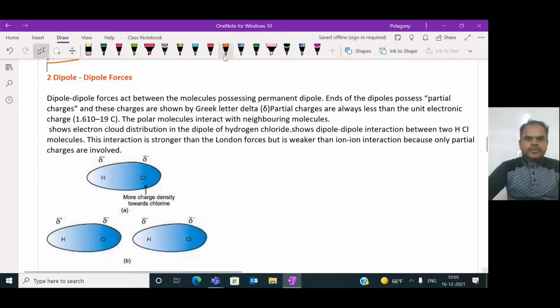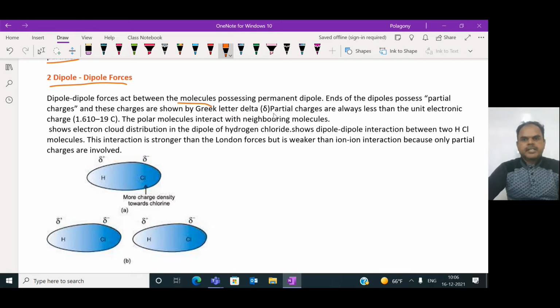The dipole-dipole forces we could see among polar molecules, or dipole molecules, like hydrogen chloride, water molecule, carbon dioxide molecules. So the molecules having the dipoles, partial charges, for example hydrogen chloride, H2O, because they are polar